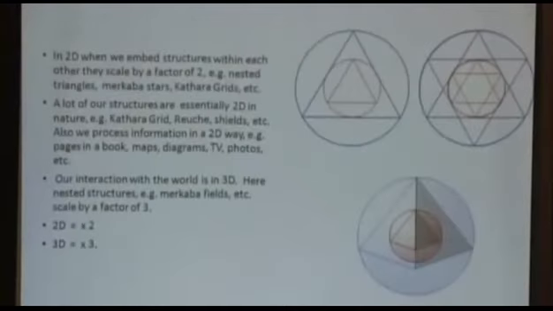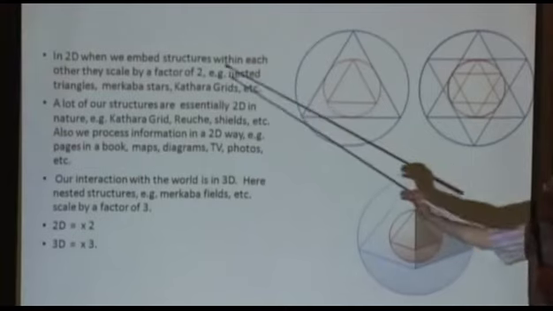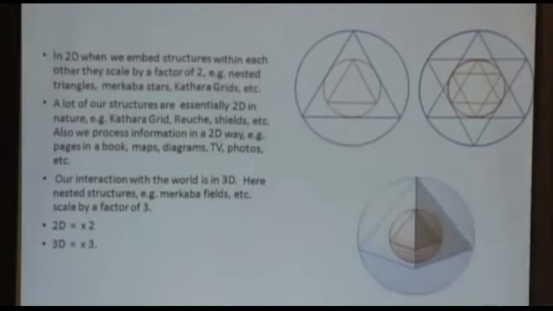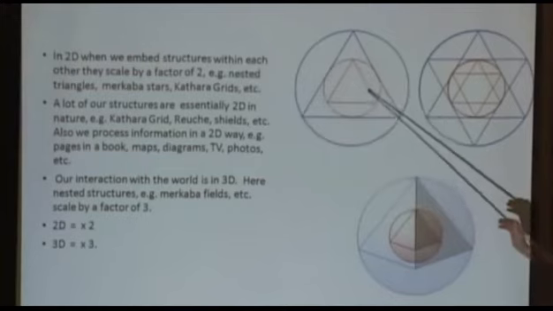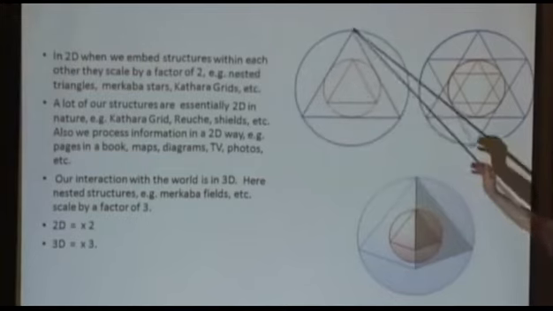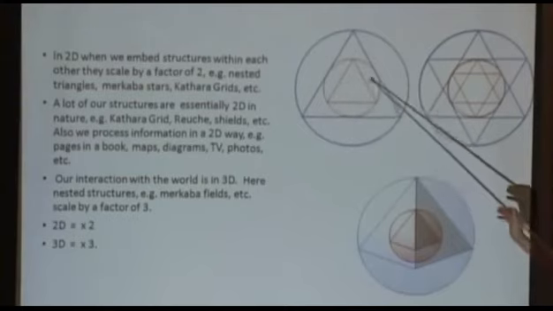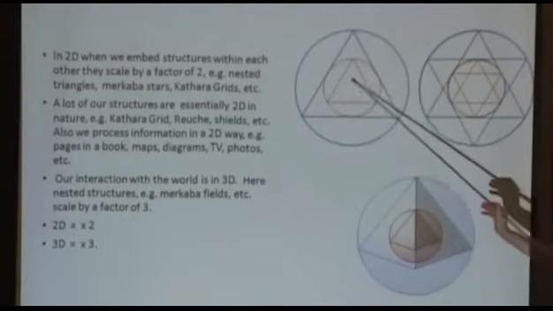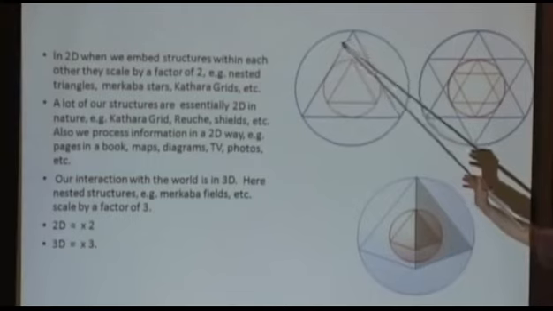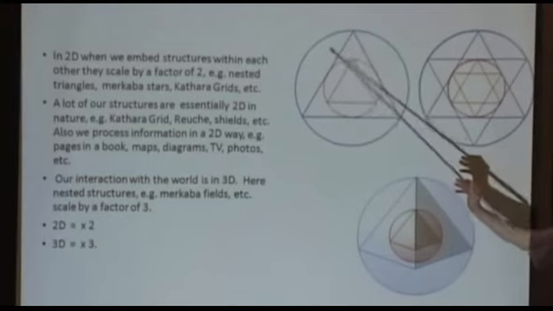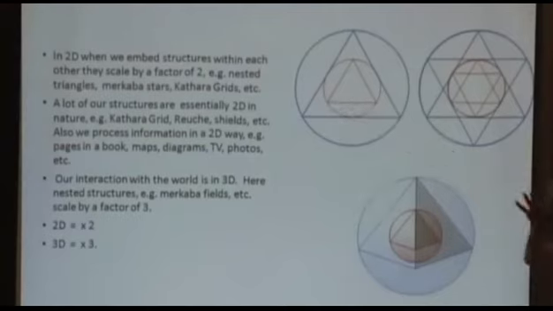Now, one other point to note is that when we take two-dimensional structures and nest them one within the other, they scale by a factor of 2. For example, if we take a triangle, put a circle around it, and then take that pattern and insert it within the circle, the inner pattern is exactly half the outer one. So when we embed two-dimensional structures within each other, there's a scaling by a factor of 2. So if we take the full Merkaba star, the two-dimensional Merkaba star,